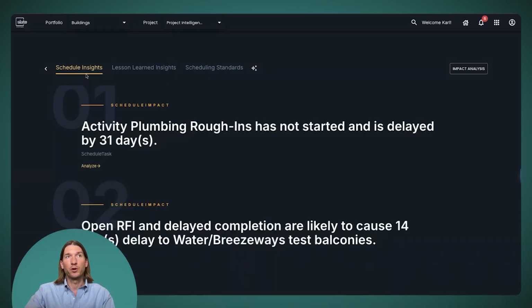The first ones I want to show you are schedule insights. These are really easy for us to set up. All it takes is a schedule, and we accept P6, Microsoft Project, as well as Asta Powerproject schedules. And then we'll connect to your systems where you're tracking forms and issues and checklists. And we have out-of-the-box connectors for things like ACC and Procore to make it really easy to integrate your data